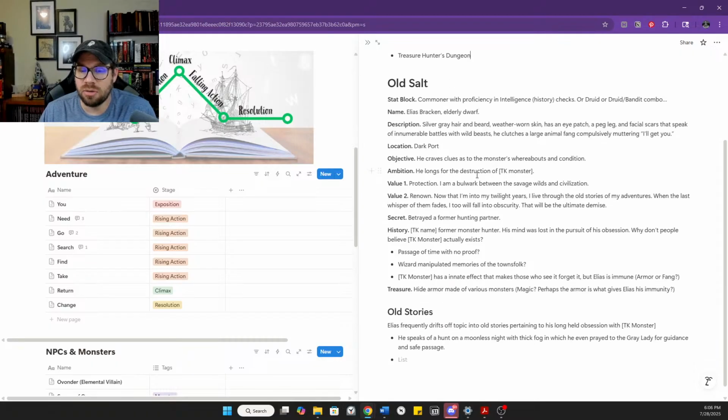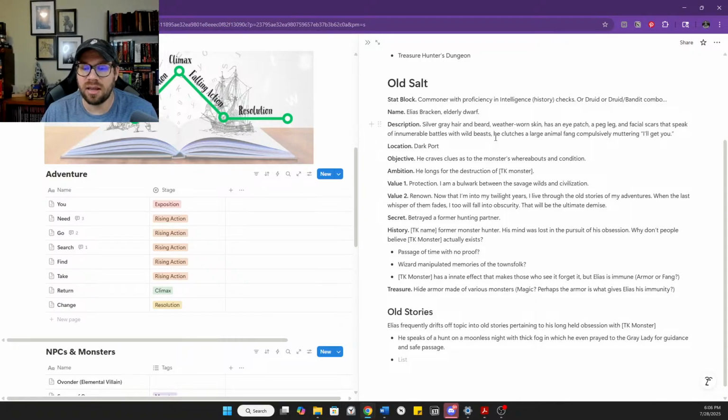And so we started building out the role play details of this character, which we had just been calling the Old Salt to start. We still haven't settled on a few things. We haven't decided exactly what his stat block will be, but we have come up with his name, Elias Bracken, and he's an elderly dwarf. We've given him a description, including an eye patch, a peg leg, and facial scars.